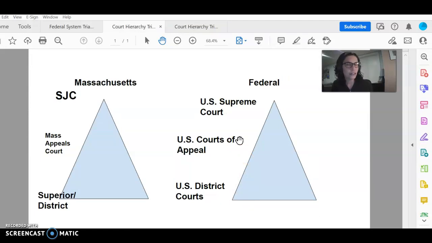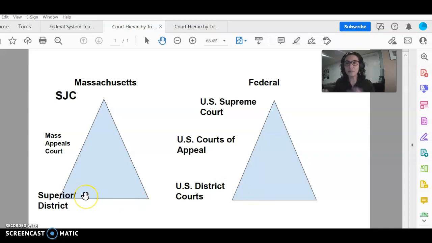When a trial is completed, that is when a jury renders a verdict, and we're down at that lowest level, the trial court, or when a case is dismissed at an earlier stage, not a case settling, but let's say the plaintiff's case becomes dismissed, through something we'll learn about later this semester called summary judgment, the losing party has the right to appeal. So this is how we move up those triangles.